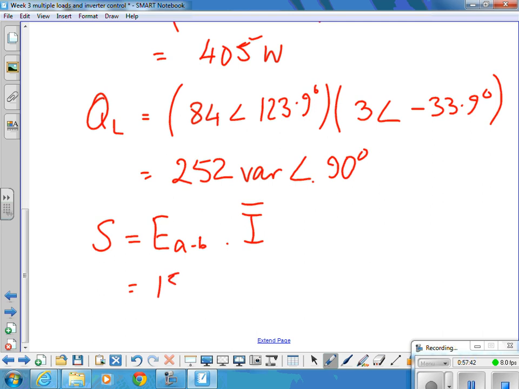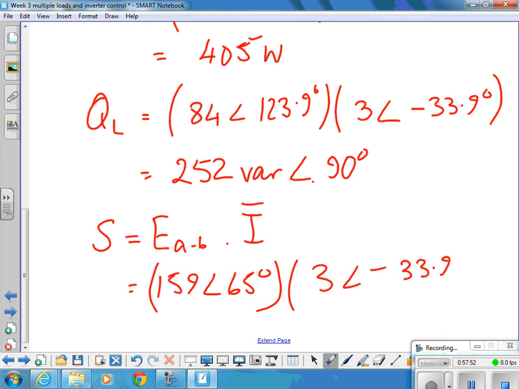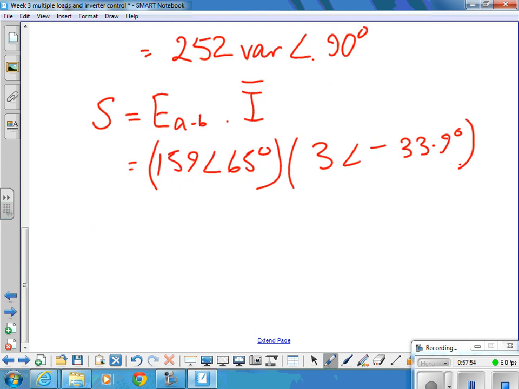That's 159 angle 65 times 3 angle minus 33.9, equals 477 VA, angle